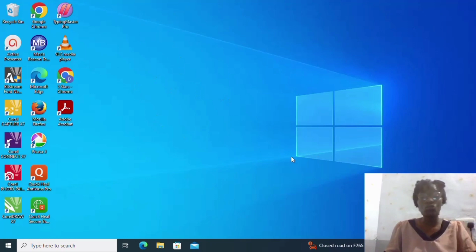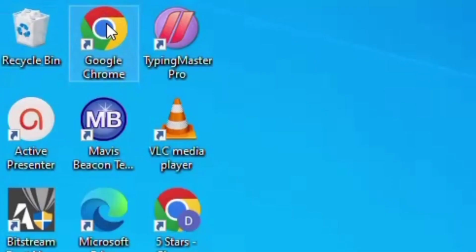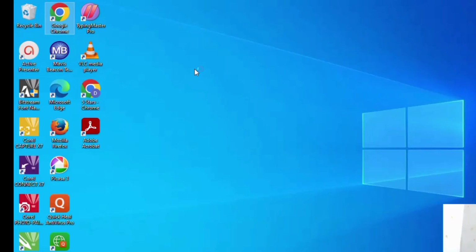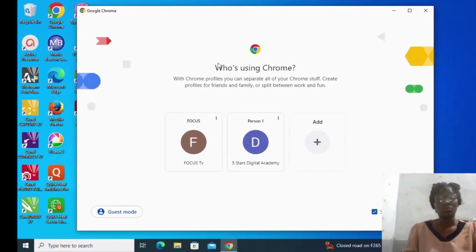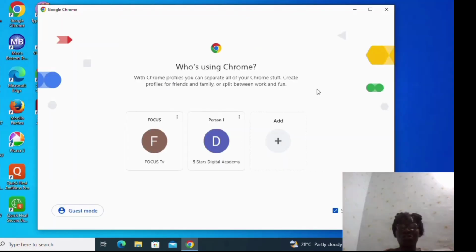So what you will do is you will just go to your Google Chrome browser. You can see where this mouse is, and double click on it to open it, right? Good. So you can see where it opened. I already have an email in this account. That's why it opened like this. If there is no email, you will just see